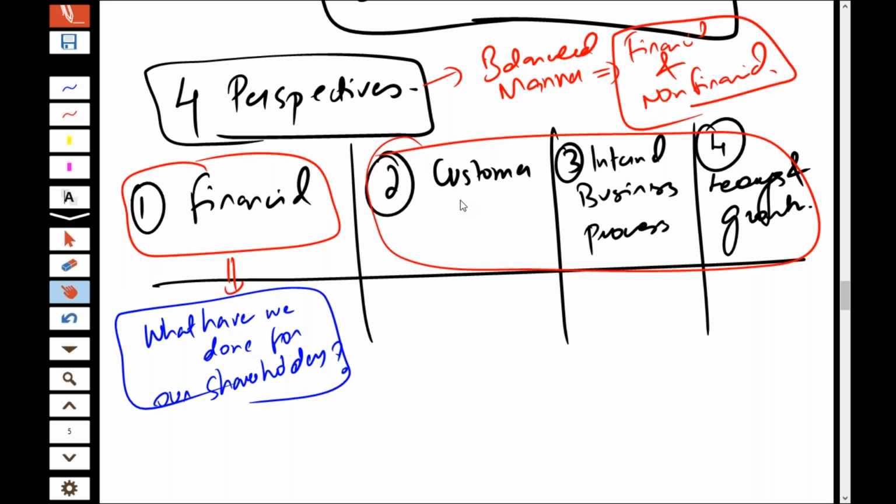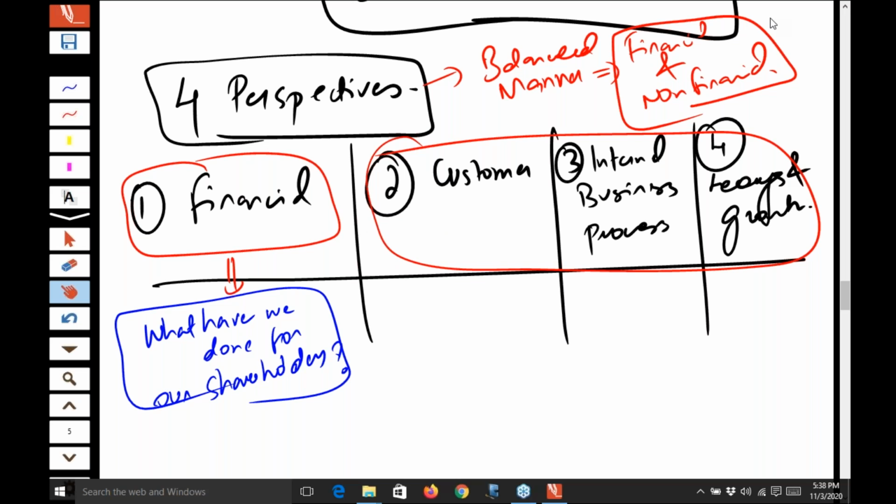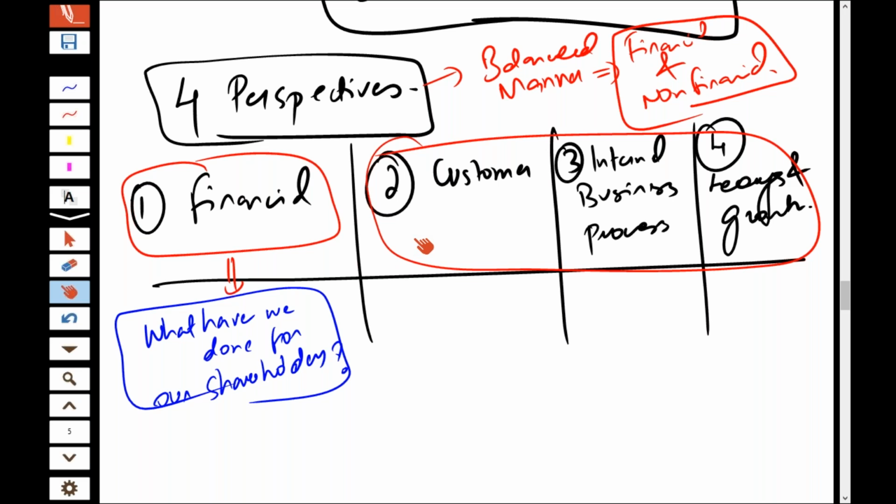John Mupa, you are mentioning that market is not a perspective in the balance scorecard. Yes, there is a plausible relationship between these financial indicators and non-financial indicators, which I'm just going to indicate now. So basically the first thing is, when we talk about the concept of the financial performance indicators, try to understand this. With respect to the financial perspective, the balance scorecard tells us that you have to see what you have done for